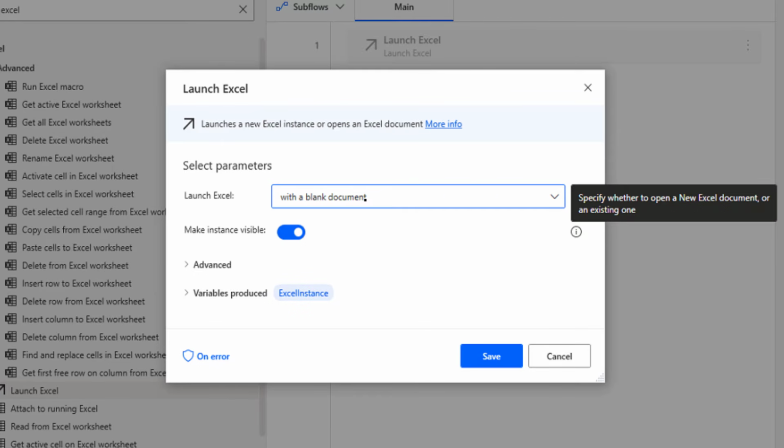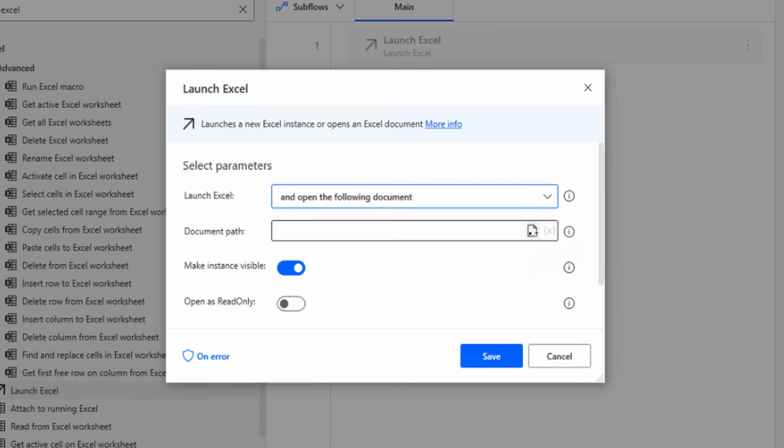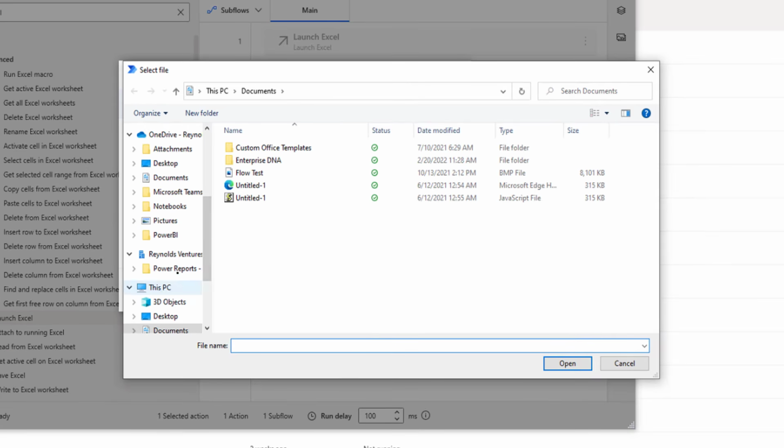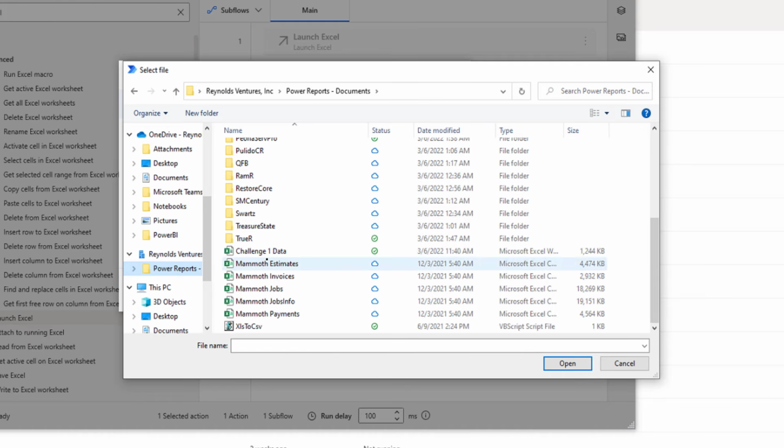If you were going to open up a blank document, you could do this. But in today's use case, I'm going to use a file that I already have saved in SharePoint. So from the drop-down menu, we'll choose open the following document. Then we can click on this folder right here, and this will bring up the path that we want to select. I'm going to go over to my SharePoint folder list and scroll down, and this is actually challenge 1 data from way back when we first started our challenges here at Enterprise DNA. So if I click that file right there and hit open,